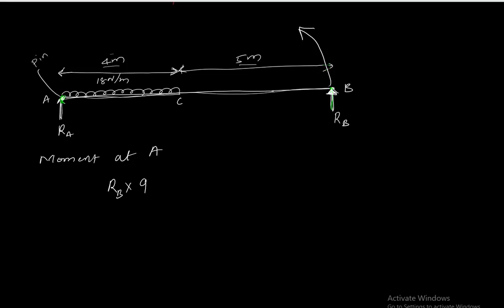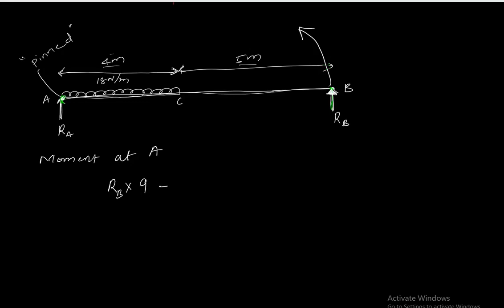I'll say pinned in quotes, because in this question the beam is not actually pinned, but while calculating the moments we have to assume it is pinned here. That way we get the moments. A pinned joint is something different. Anyway, so RB times 9,